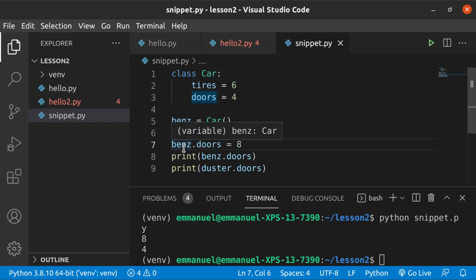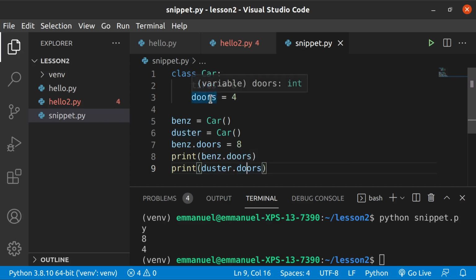This attribute doors is on the instance. It's not on the class. That's why this attribute 8 is not shared by the Duster car,